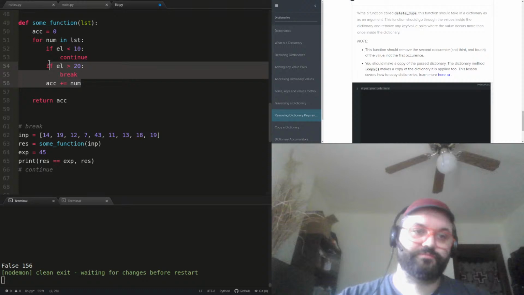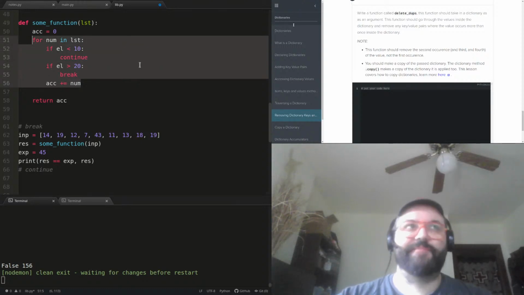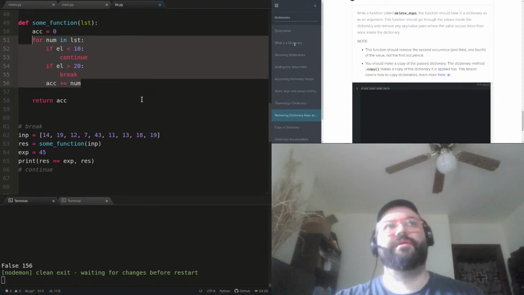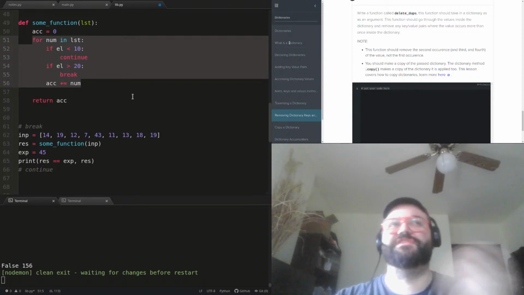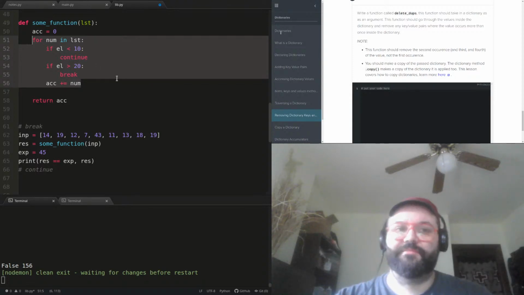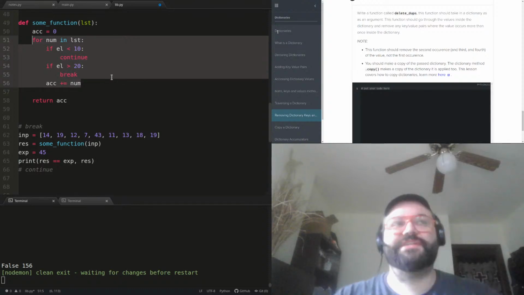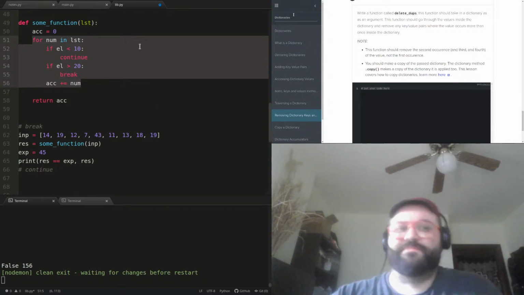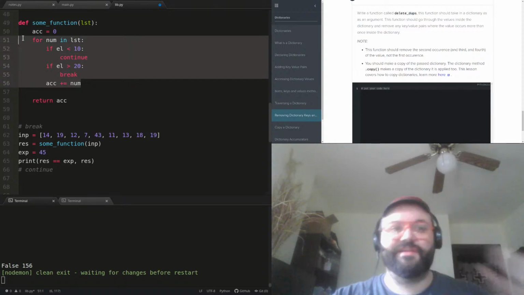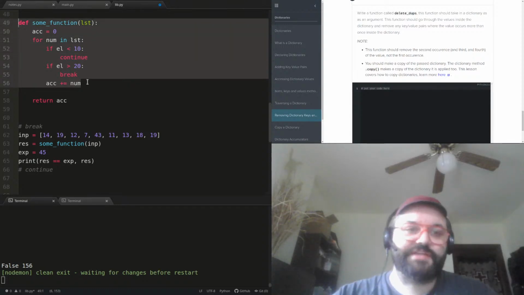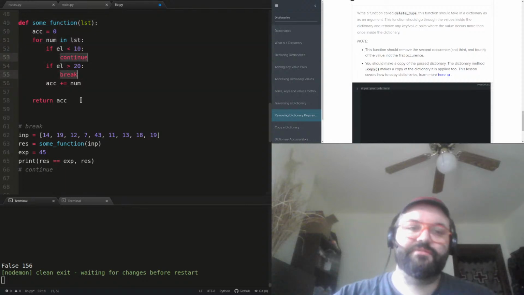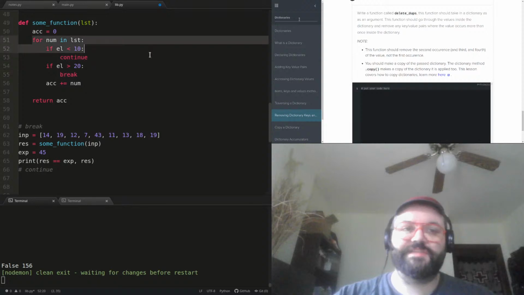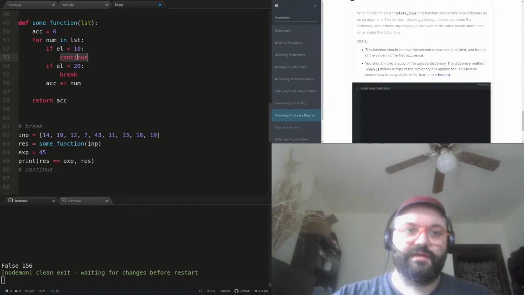Getting that behavior to work involves, I would use a Boolean flag and a little bit of control flow, and there's not like a keyword to just break an outer loop. You kind of have to manage it, and it's a little funky, but I also don't think you find yourself in that situation that often. And if you're good at control flow, it won't be that challenging if you needed that behavior. So it's important to know, though, break and continue bear on the loop that they are most immediately inside of. So this one's going to skip to the next iteration. This one's just going to stop all iterations.